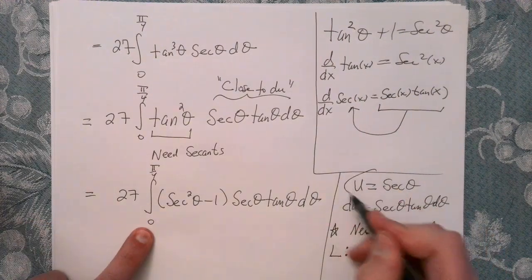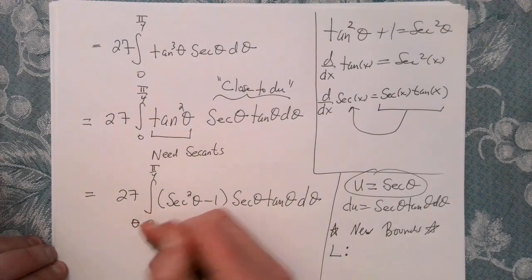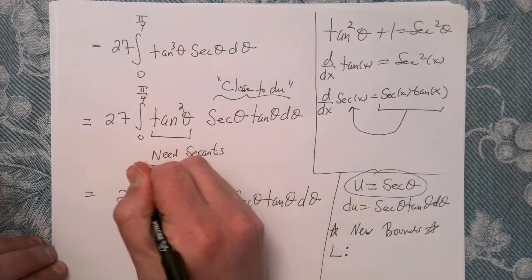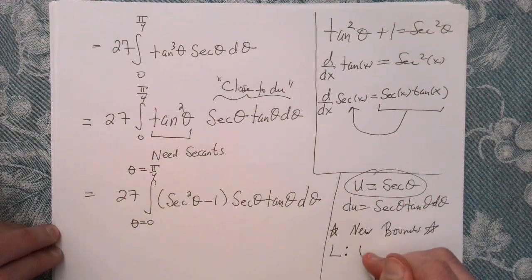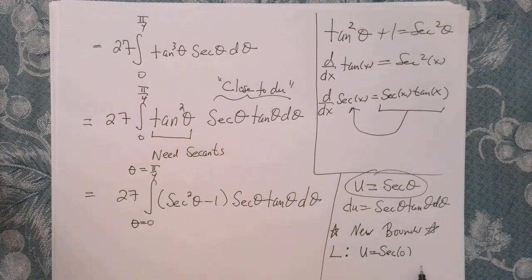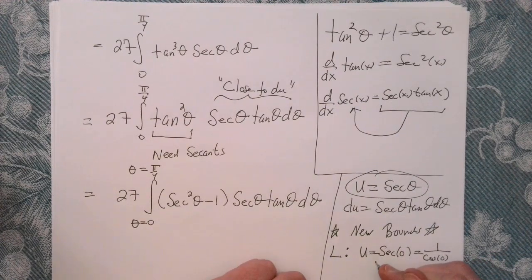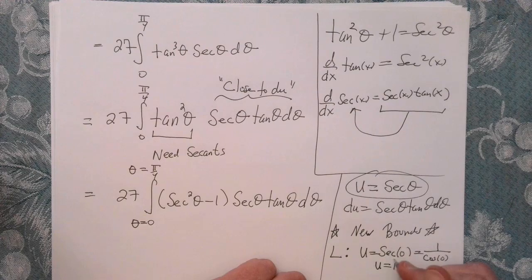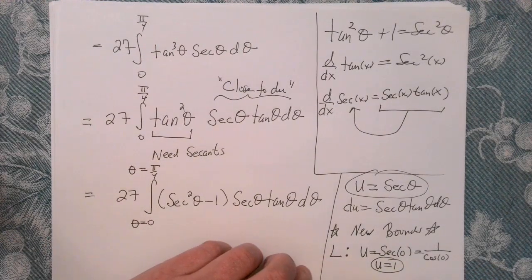For my new lower bound, remember use this. So theta, remember these are thetas. Theta goes in for theta, and it kicks out a u. So this is secant of 0. That's the same thing as 1 over cosine, if that's helpful. That's the same thing as 1 over cosine of 0. And so that's 1. So my new lower bound is 1. Now for my upper bound,